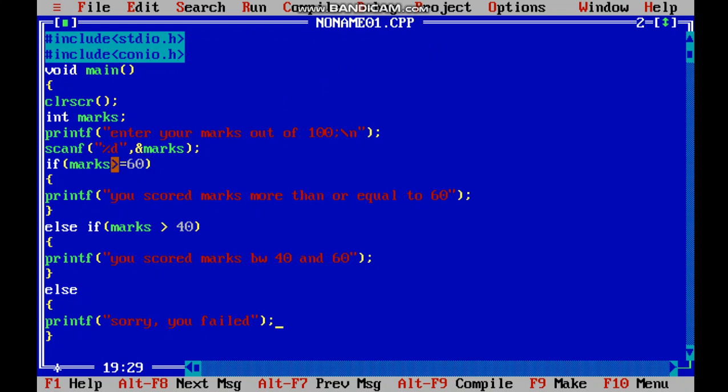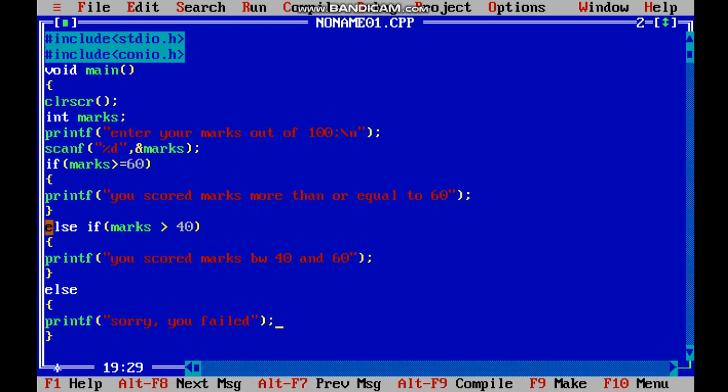Now let us see what is happening here. If marks is greater than or equal to 60, you need to understand this very well, because you may have some problem here. Greater than or equal to 60 means if you score marks equal to 60 or greater than 60, this statement will be executed, right? And I told you that this and this will be skipped.